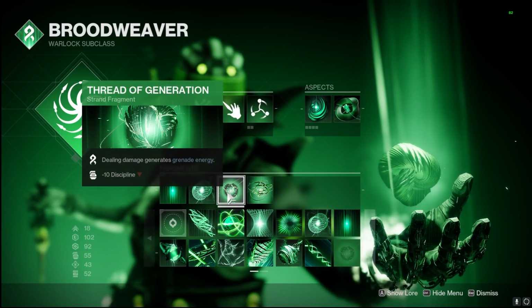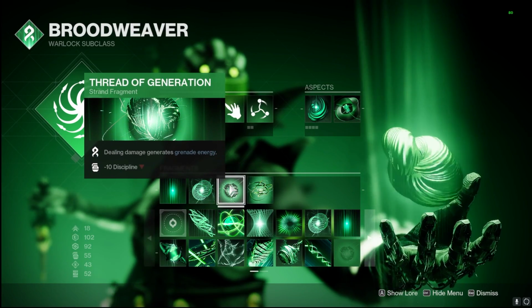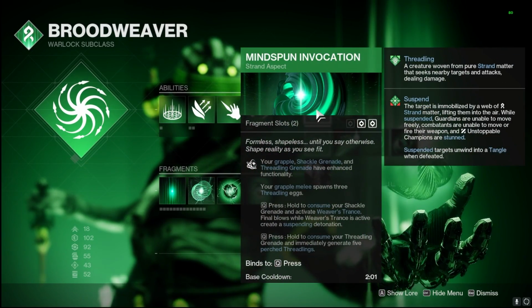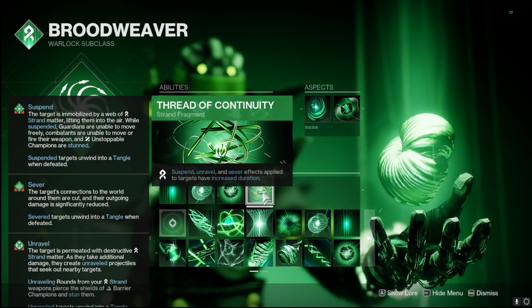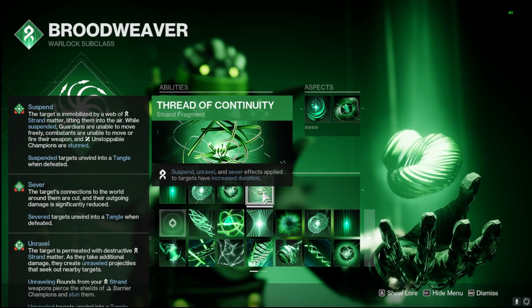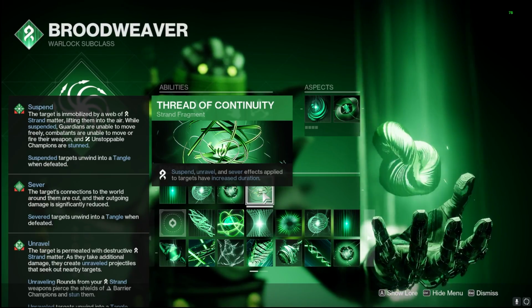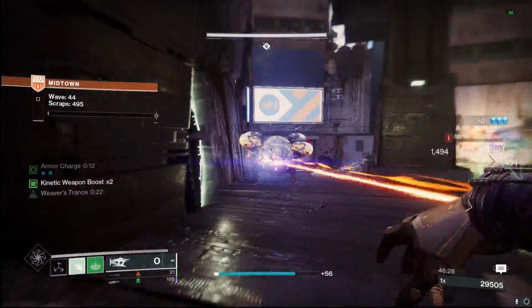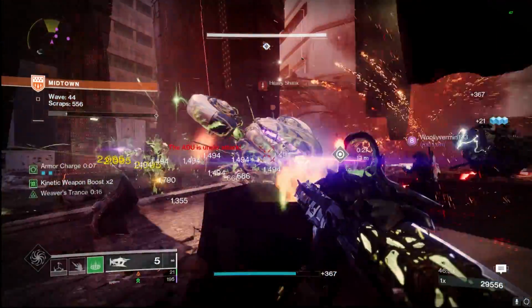On top of that, Thread of Generation, definitely also probably the most important fragment that we have on. Dealing damage generates grenade energy, so we can have this up consistently to be able to proc Mindspun Invocation and that Weaver's Trance to create all of that poison and suspend around. Last but not least, we are going to use Continuity to keep up that suspend, unravel, as well as sever for a longer period of time, which just allows us to have the enemies suspended even longer, making this a better support build, keeping everything at bay longer, allowing us to suspend literally everything that we possibly can,